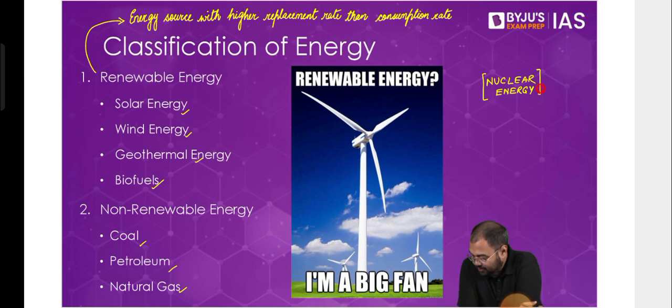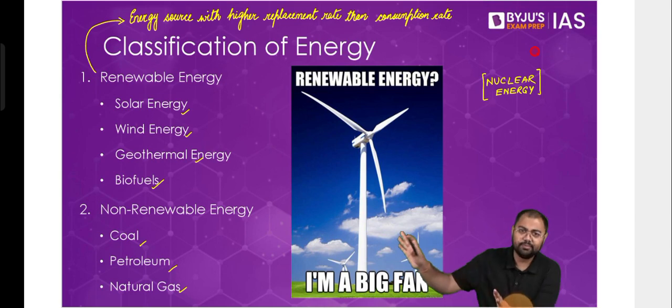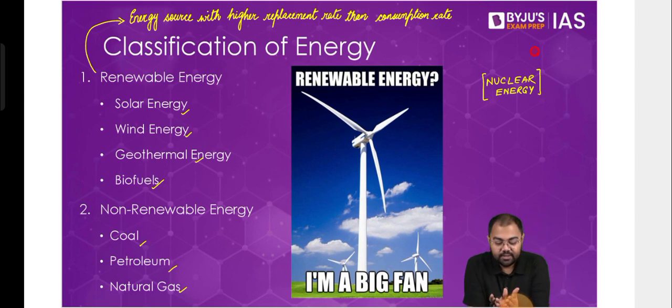All right. So many of you are writing renewable, non-renewable, neither. Okay. So let me tell you about nuclear energy and why I'm saying that it's a peculiar case. Now, we know that there are various forms of nuclear energy. It can be nuclear fission or nuclear fusion. We'll discuss all these things later. But right now, nuclear fission is the preferred choice, and nuclear fission is how we know how to use nuclear energy today.